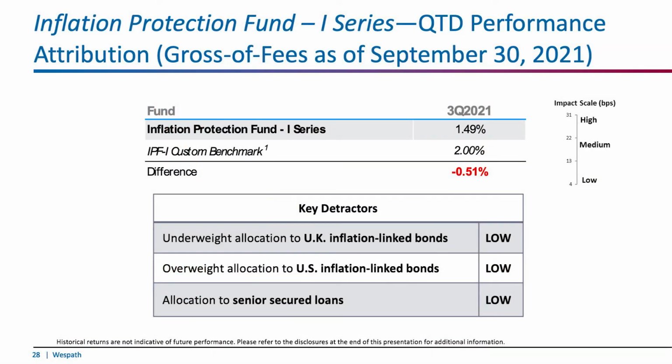All right, so moving on to our final fund, the Inflation Protection Fund. This fund has posted some solid gains this year that you highlighted during your update earlier. Yeah, despite the modest underperformance by the Inflation Protection Fund, it's really showcased its purpose this year as being a fund that was created to protect investment portfolios against unanticipated inflation while providing a stream of income. So relative to the fund's custom benchmark, the fund is underweight global and UK inflation-linked bonds, which performed well during